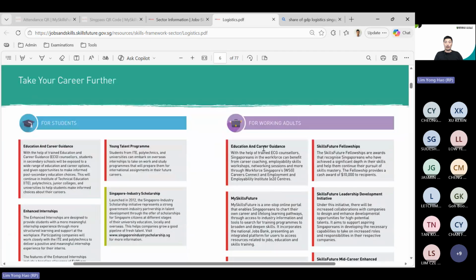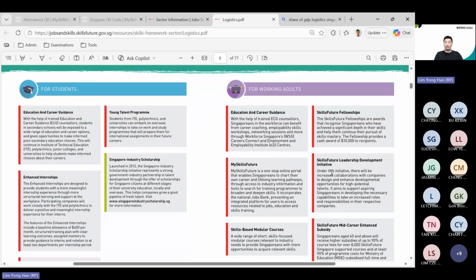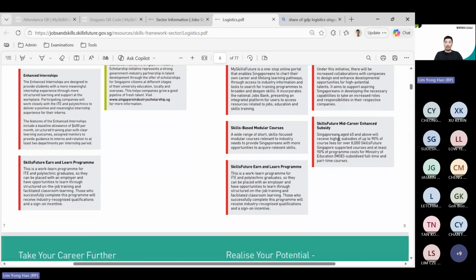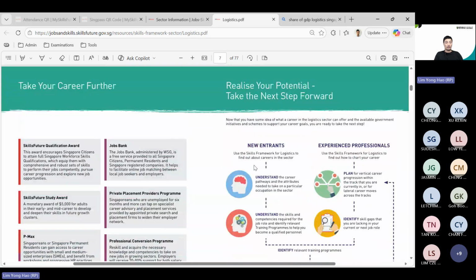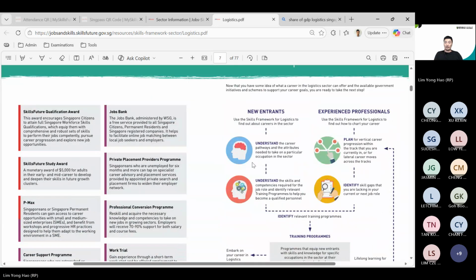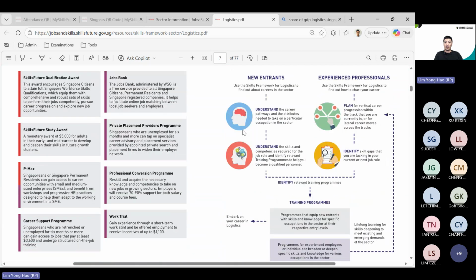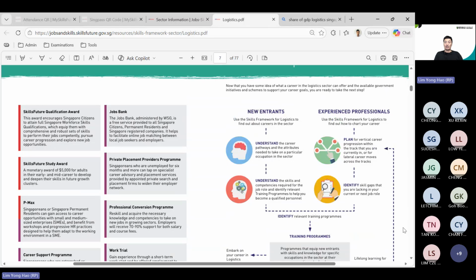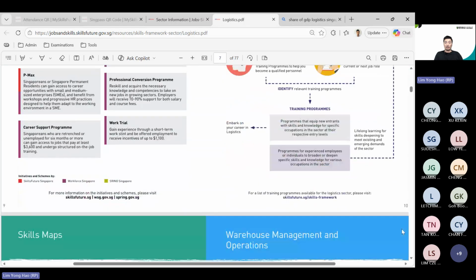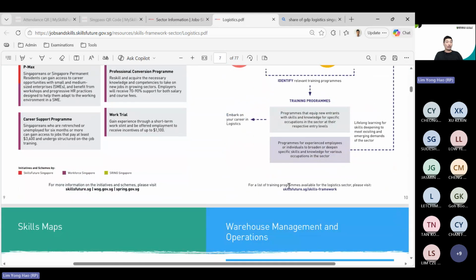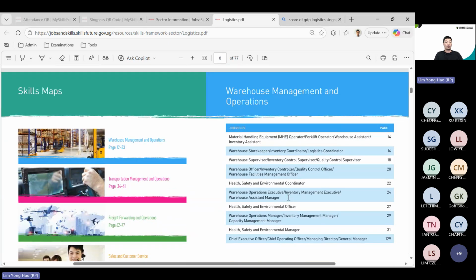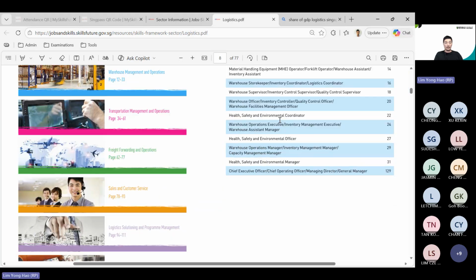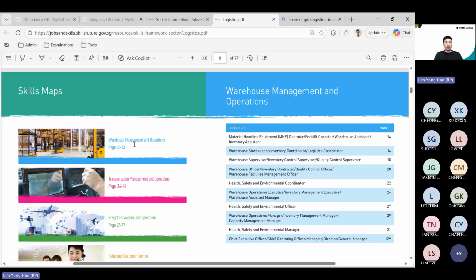Some form of training and career may not be very updated now. So they'll give you some ways you want to use this information. Even for a career counselor, you can look at this to see whether you can adopt it in certain ways. Then they have the skills match for 6 of this or 7. 4, 5, 6, 7, 8, 9, 10. Also it's 10. But they do have the different